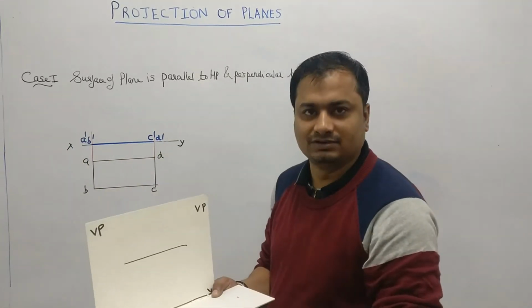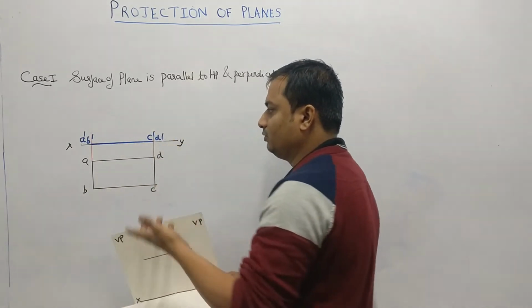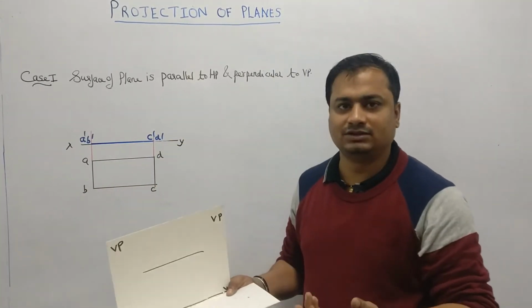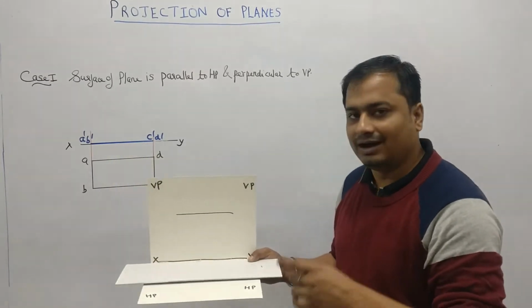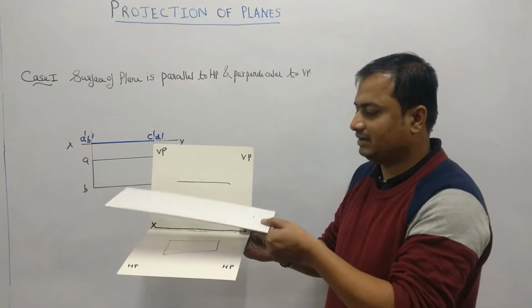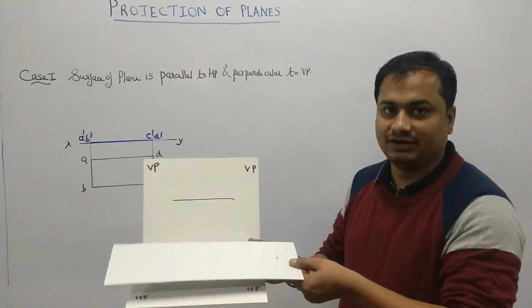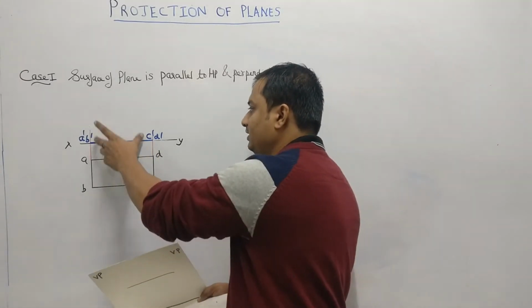That will not be any difference. Okay, you can take this line as the front view here also. So that will not give any difference in solving any problem, until and unless the problem mentions that the plane is something above HP. If the plane is 10 mm above HP, it's given in the problem, in that case you have to move it 10 mm above.